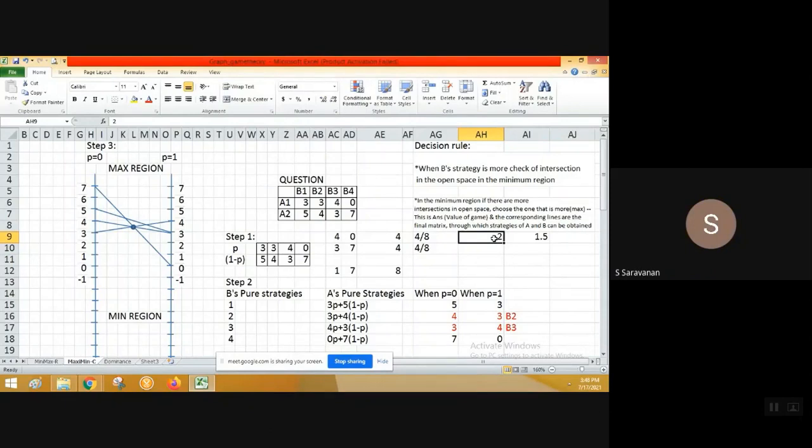Only the strategy is going to be different. Now, what will be the strategy? I have taken B3 and B4, so now B1 and B2 will be 0. For B3 and B4, this one, 7 by 8 and 1 by 8. So here you will get a strategy of 4 by 8 and 4 by 8. Only the strategy that you adopt is going to be different, but the answer is going to be the same, 3.5. It is a multiple solution problem.